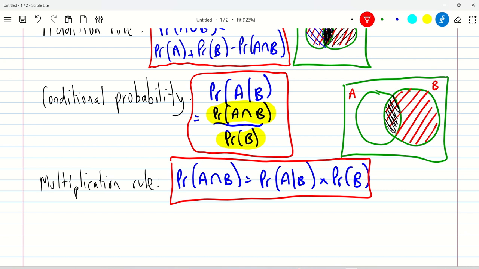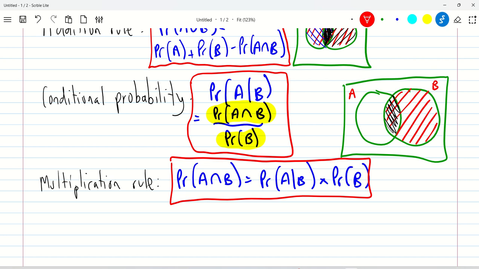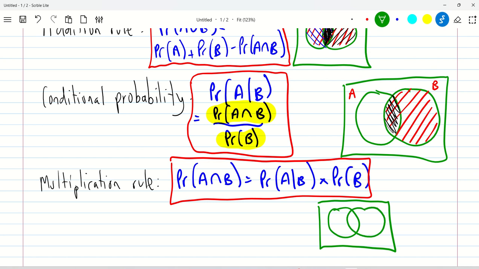Okay, so that's a really important rule. That's how we would find the probability of A intersect B. But there's an even better result that comes from this, which makes our lives much easier when this situation comes up. And so just thinking about A and B,